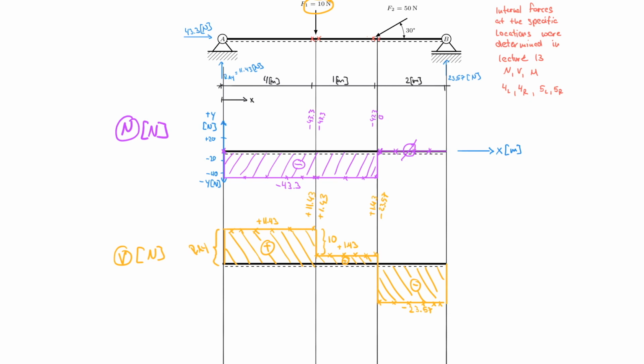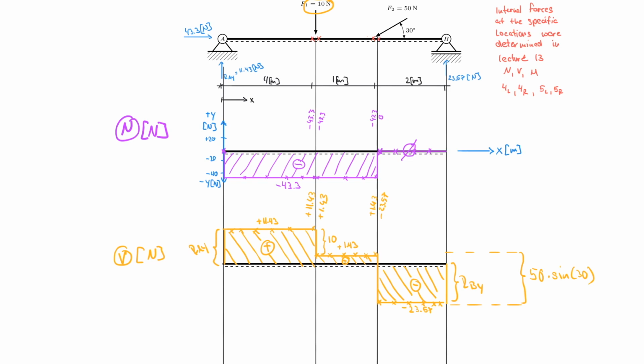And then what other jump do we have? We have a jump here that I'm going to copy over to the other side. So we have a jump that is right here. And that jump is actually equal to 50 times sine 30, right? Because that is the vertical component. And then we have a last jump here, which is equal to RBY. All right, so now we understand every element of the shear force diagram, and let me show you the very